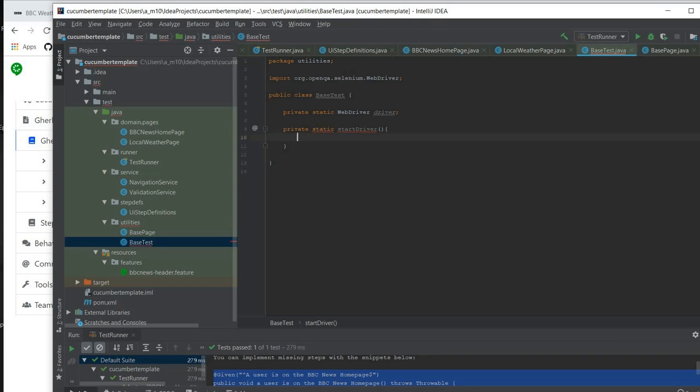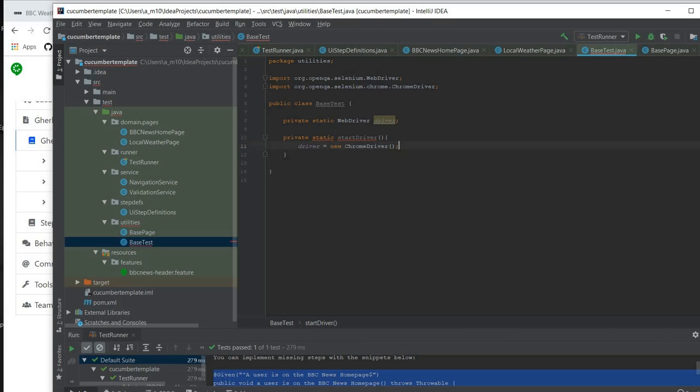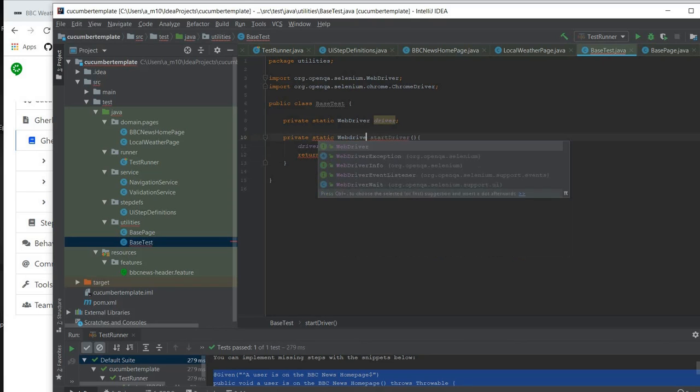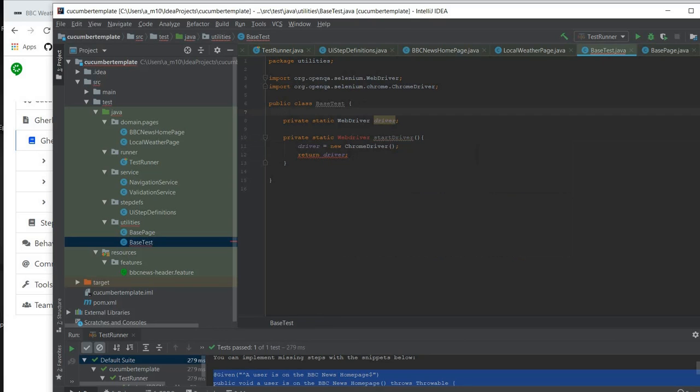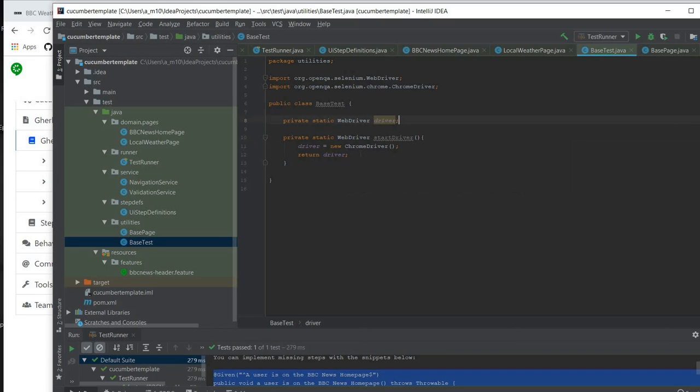So this is going to be starting the Google Chrome driver. Alright, so we got there in the end,